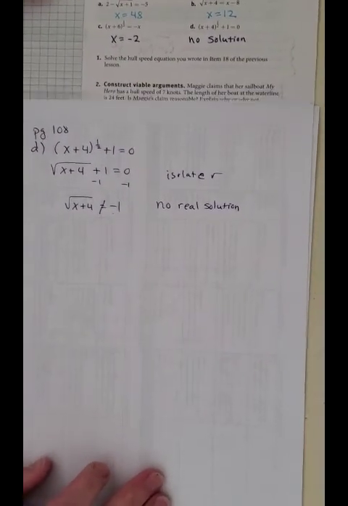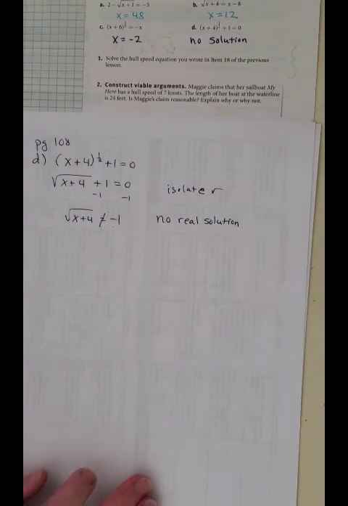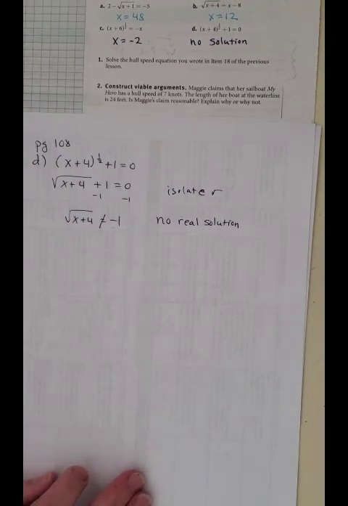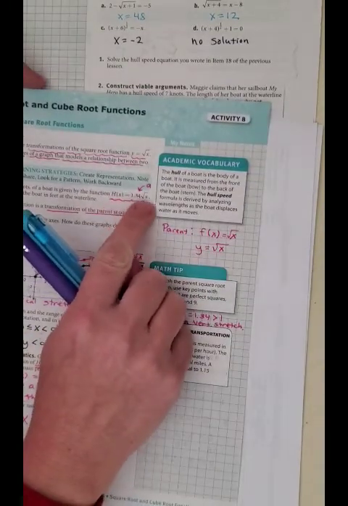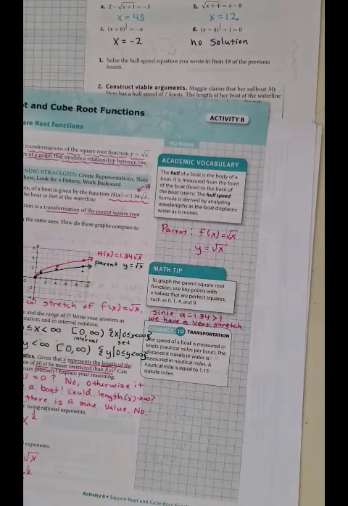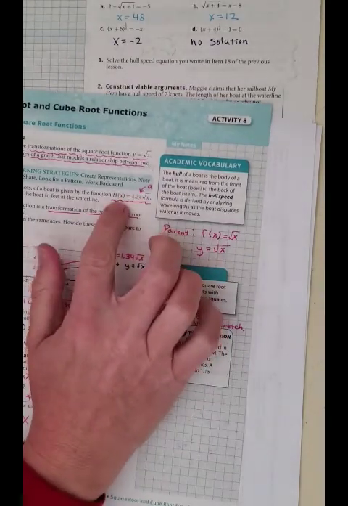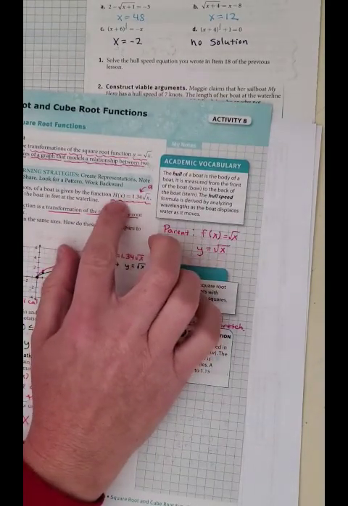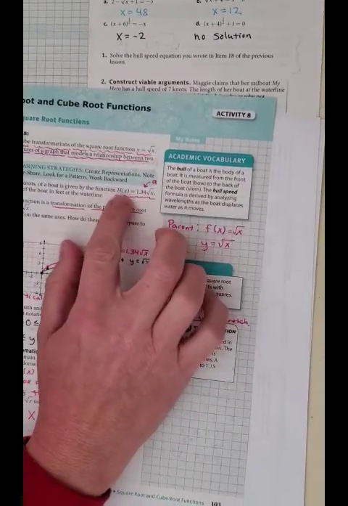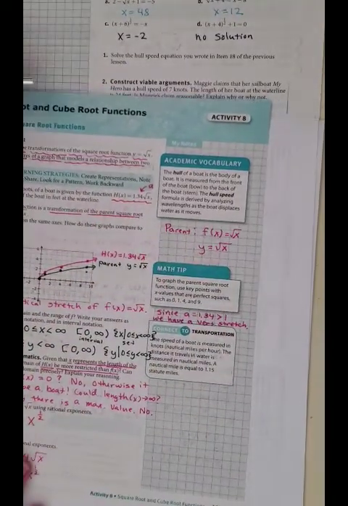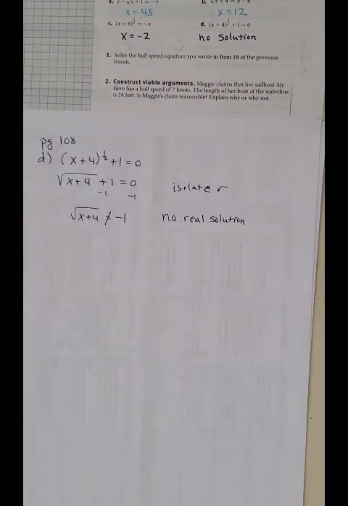All right, so the next question says solve the hull speed equation that you wrote in item 18 of the previous notes. So I'm going to go back to that hull speed question. That was this equation. So to solve, remember, to solve means that you are finding where this crosses the x-axis. And so the x-axis, right, that would mean y equals 0 on the x-axis. So to solve that hull speed equation,